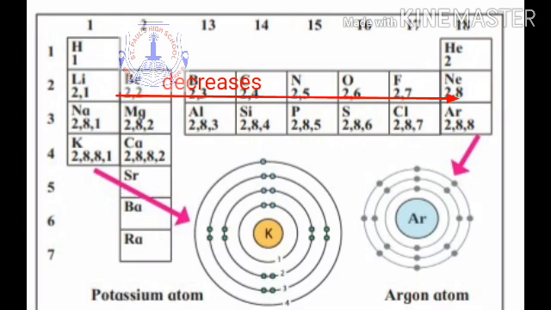So you will think that the atomic size will be the same. It is not like that. It will go on decreasing. Why will it decrease? It will go on shrinking, because even if the shells are the same in number, if you see the last orbit, here there was one electron, but here it is 2 electrons in the last orbit, here it is 3 electrons. So as the atomic number goes on increasing across a period, the number of valence electrons also goes on increasing.